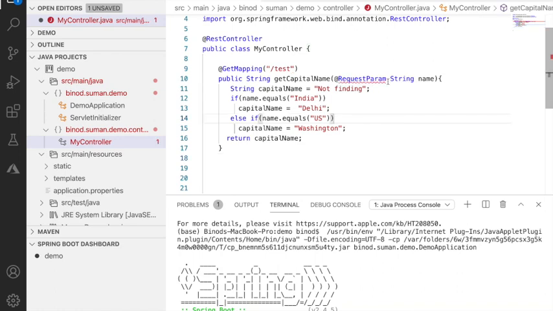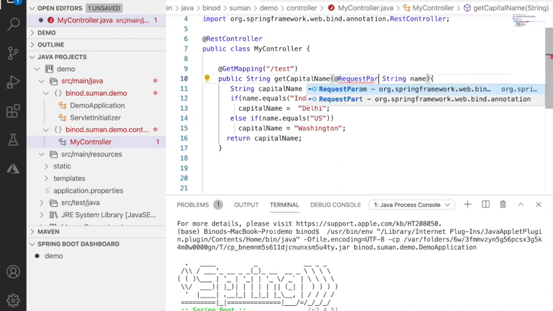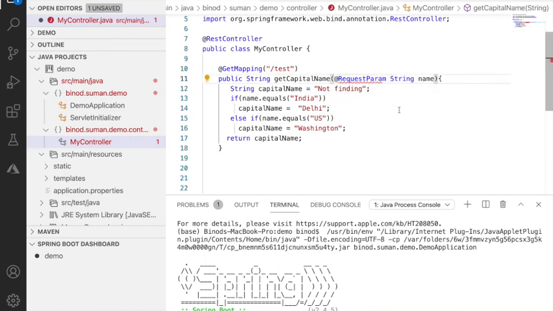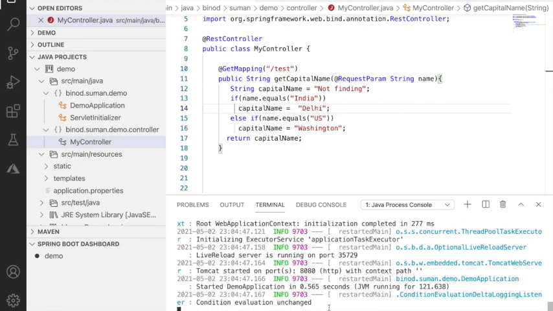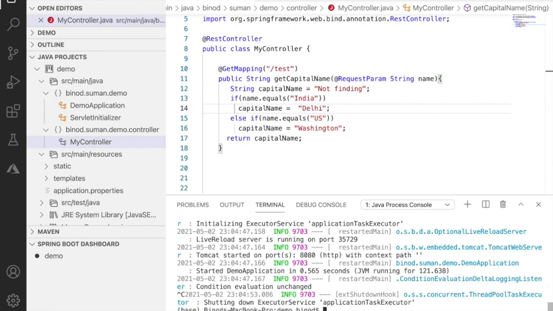That's it. Okay, now everything is working fine. Now just save it. The existing one is running, just stop it with Control C, and now we can run it again.